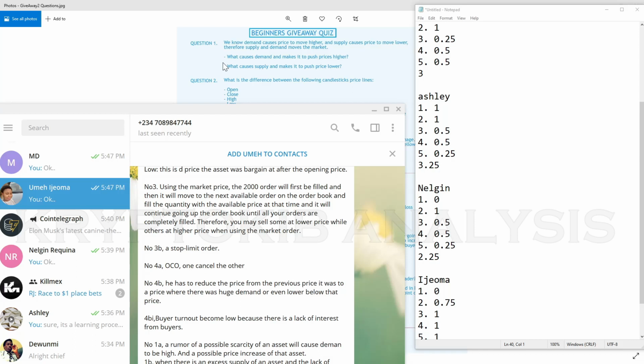Yes, there is demand. People are in demand of onions and food stuff. Now there is scarcity, which means people will be rushing to buy at the cheapest price before the price rises. But the moment the price increases from 10,000 to 20,000, if nobody buys at that 20,000, there won't be any transaction. So we will say there is no demand. If nobody buys, there won't be any transaction. That means there is no demand. So the backbone of that demand is the willingness to buy and the willingness to sell.